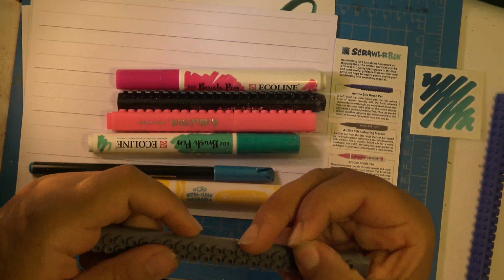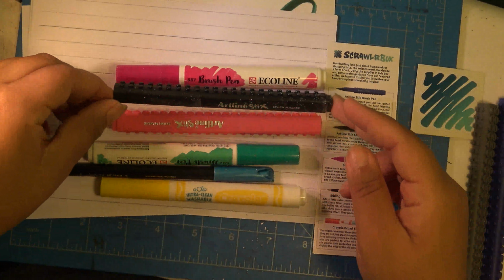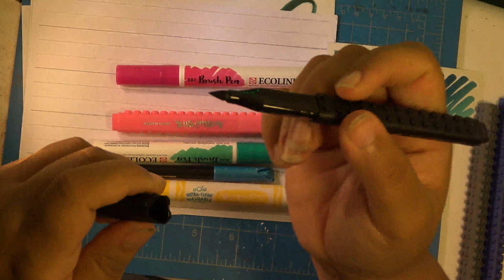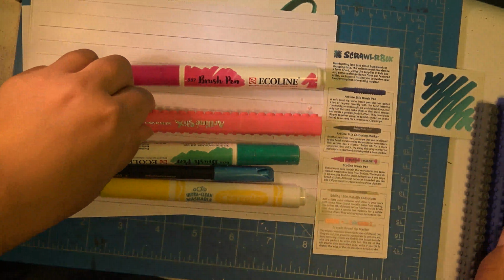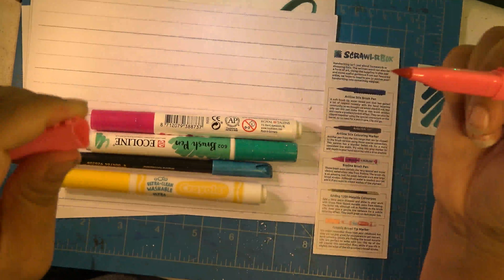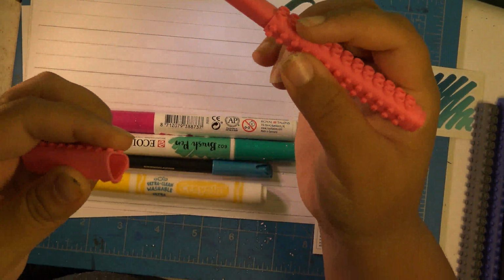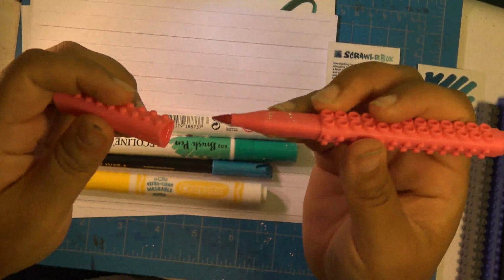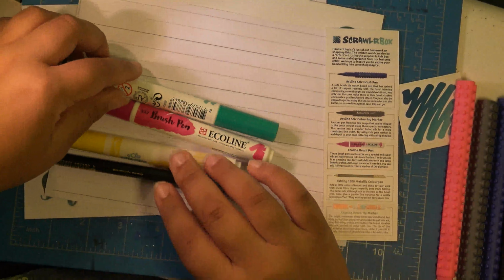Ugh, that's frustrating. Alright, then I have, oh, I've got another one of these. I've got two of those Art Line Sticks brush markers. This one's black. So I've got a black one and a purple one. Oh, and I have three of them. I have a black one, a purple one, and a pink one. And oh my goodness, yeah, everything smells like sugar. Alright, this is another one of those brush thingies. Alright, and I have